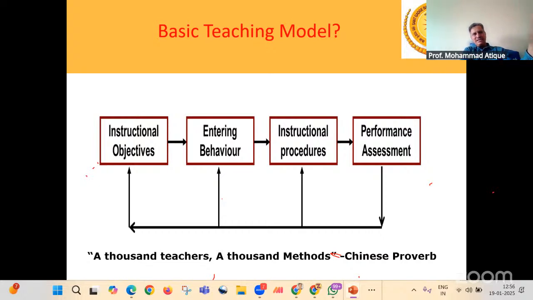On a parallel line, when it comes to framing a curriculum for a 3-year or a 4-year course, you have certain objectives, and that is nothing but the OBE objectives, right? So you have certain instructional objectives. Then you have entering behavior. Entering behavior is nothing but the status of the students when they enter at day 0 into the class. Then they undergo an instructional procedure, depending upon the duration. And what do we do at the end? We conduct some performance tests.